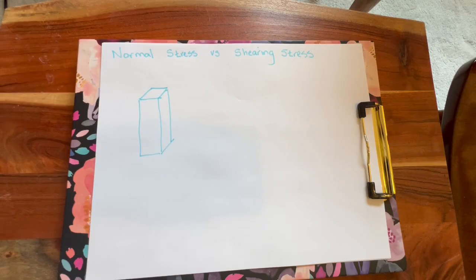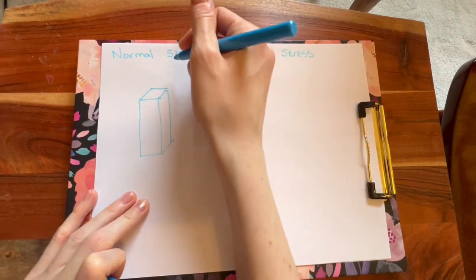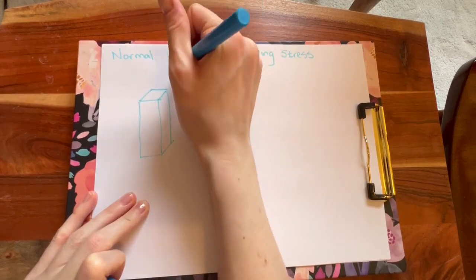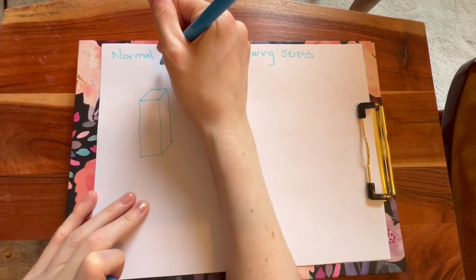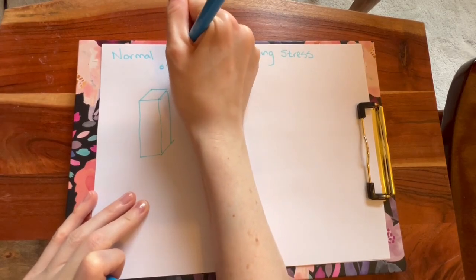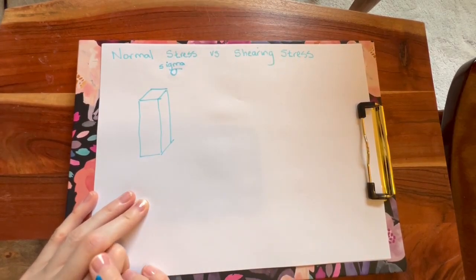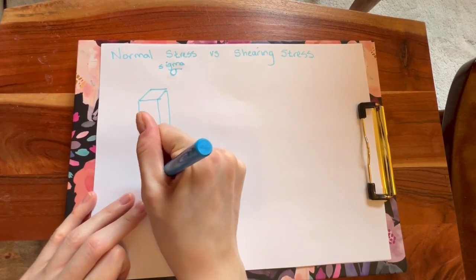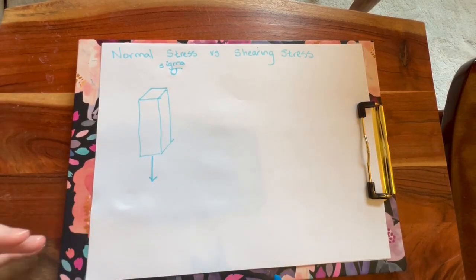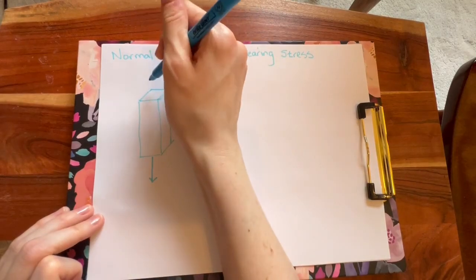So this is just going to be a real quick summary of the difference between normal stress and shearing stress and what stress even is. So to start off, we use sigma for normal stress. Normal stress is going to be force over a specific part of area, and